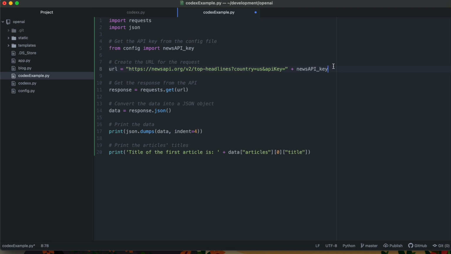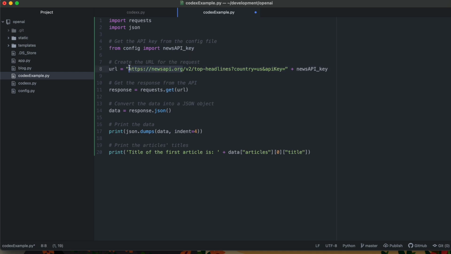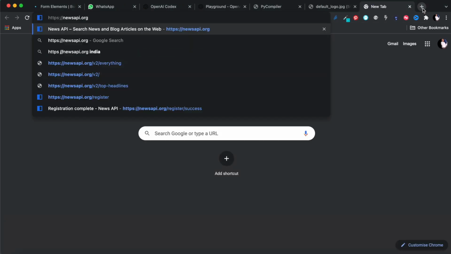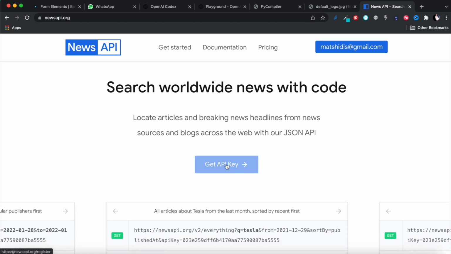So to get a news API key, what you've got to do is just go to this website. Once you've gone in there, click here. That's this button that says get API key. It's that simple. When you click here, it will ask you for your email address or whatever,